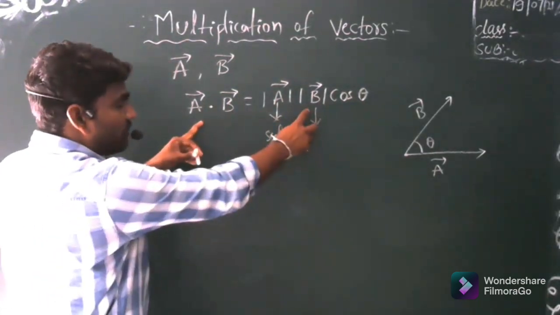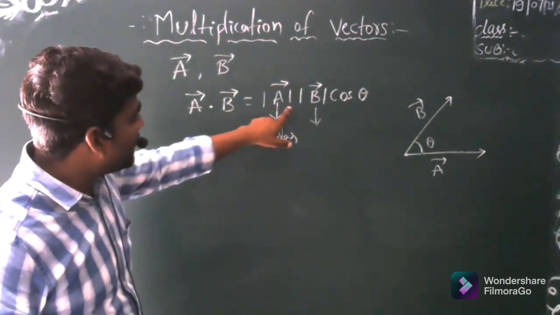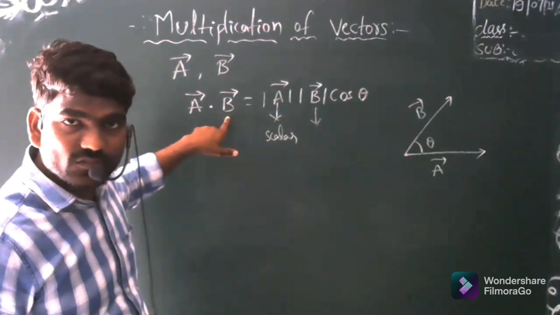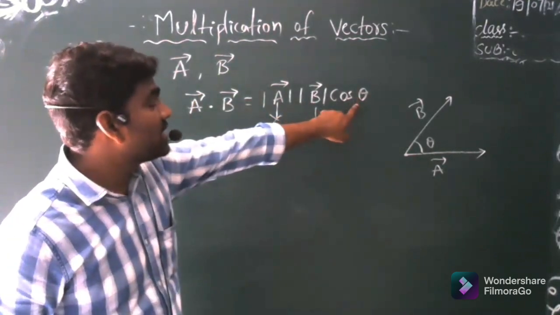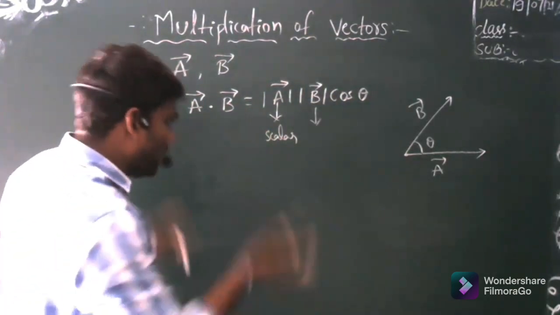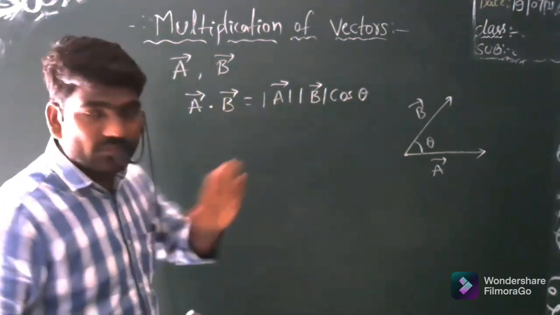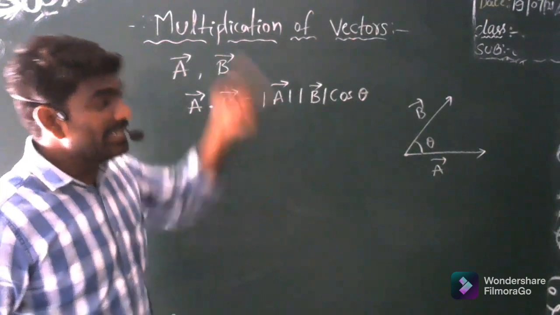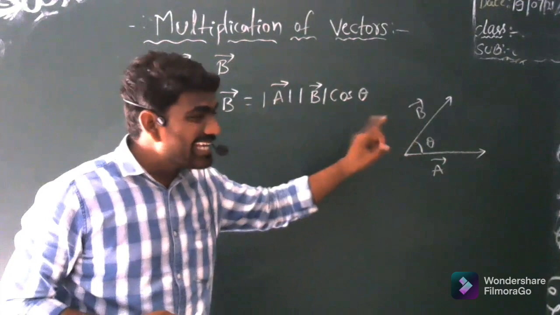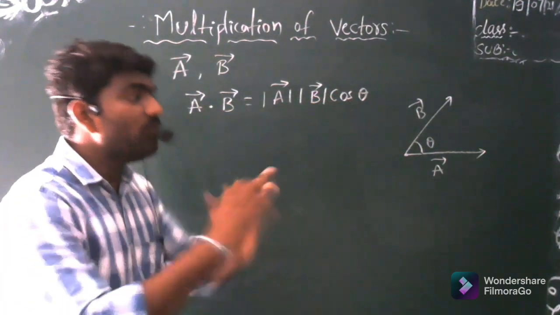So this formula says that the dot product of any two vectors depends upon the magnitudes of the vectors which are being multiplied, and it also depends on the angle between those two vectors. Now, if you assume that the two vectors have a constant magnitude that does not change, but the angle between the two vectors is changed, the dot product result should also change. How will it change?